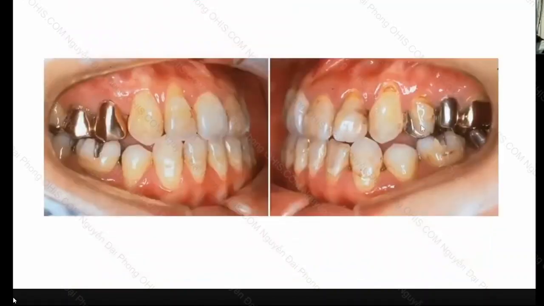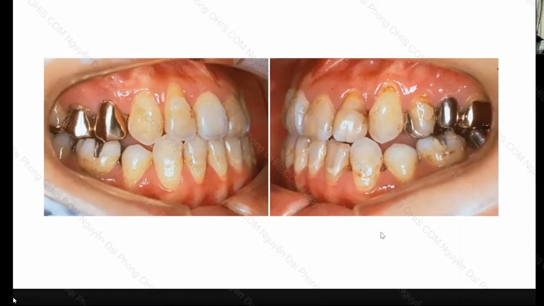A little more open here and here. But the original plan was a prosthodontic reconstruction of the posterior part. But she said, no, I'm okay, I'm fine. And therefore, I want to keep it like this. Yeah,